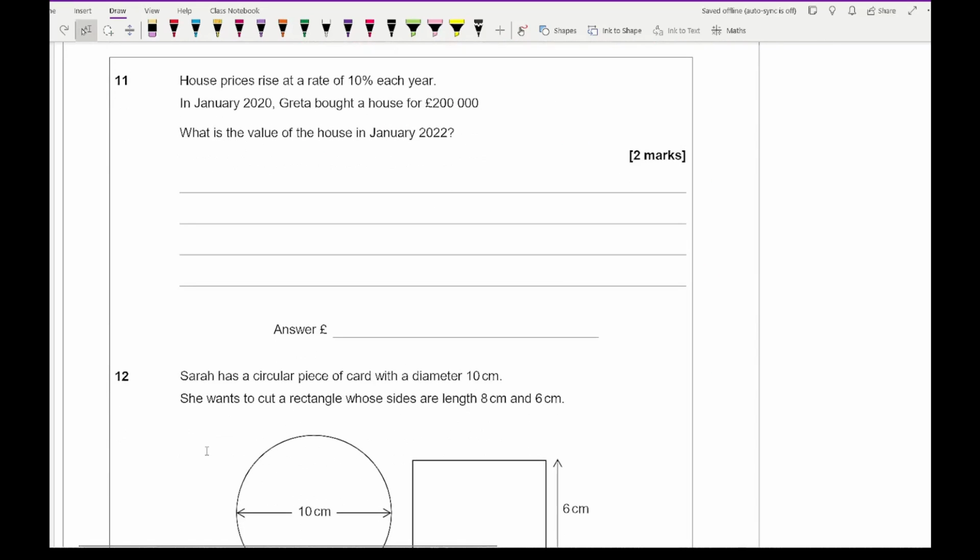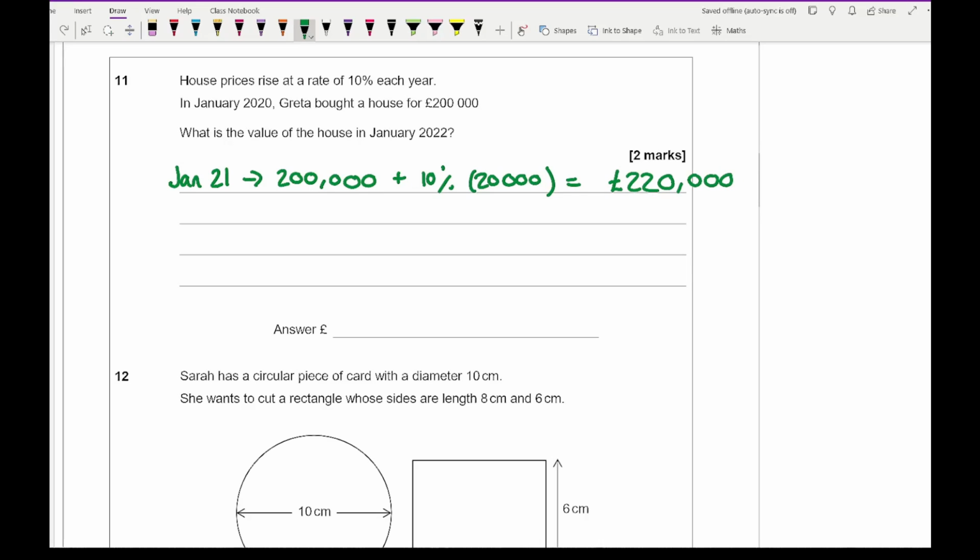Moving on to question 11, it says that house prices rise at a rate of 10% each year. In January 2020, Greta bought a house for 200,000. What is the value of the house in January 2022? So what we need to do is work out two lots of 10% being added. So in January 21, it's going to be 200,000 plus 10%. Now 10% of 200,000 is 20,000. So then the final price is going to be